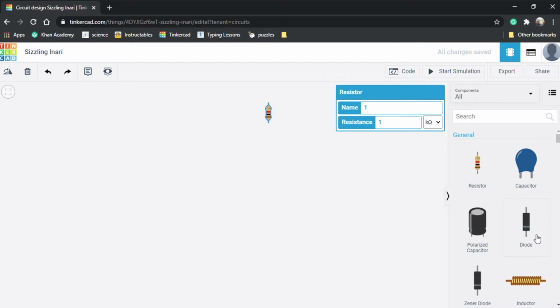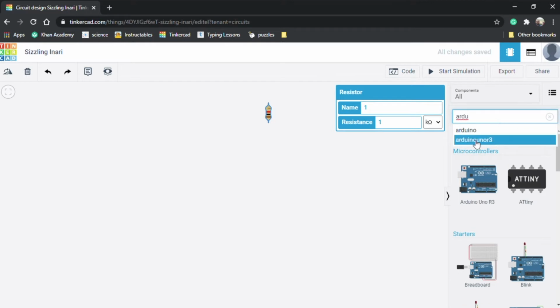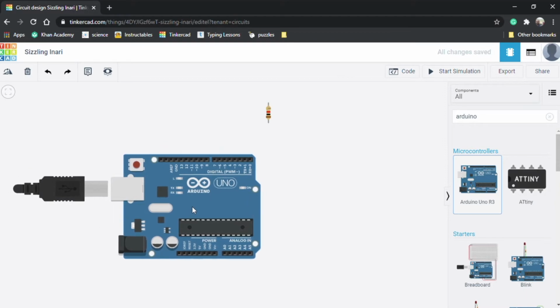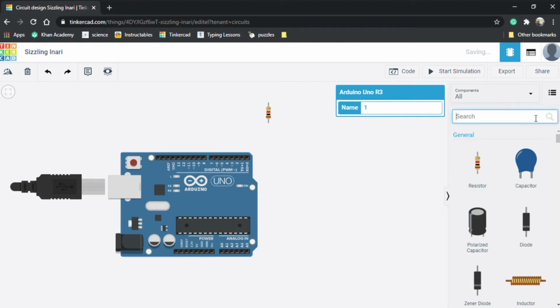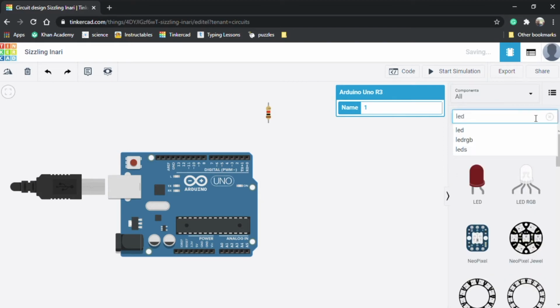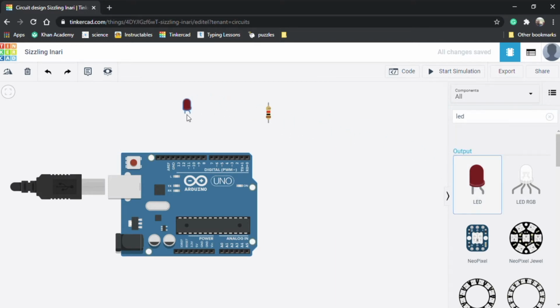Let's leave that here, and then type Arduino. Here is the Arduino Uno R3, which is the microcontroller. Let's drag that in here. So here is the Arduino, here is the resistor, and then we need an LED. So let's type in LED. Here is the LED, so let's drag that here also.